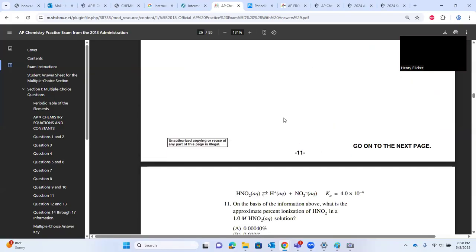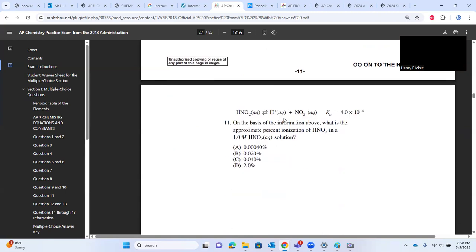All right. Let's talk about 11. On the basis of the information above, what is the approximate percent ionization of HNO2 in a 1 molar HNO2 solution? Well, if we say HNO2, I'm just writing the reaction down for you so I can analyze this. And they give us a K, which is 4.0 times 10 to the negative 4. And they're saying, what's the approximate percent ionization given a 1 molar